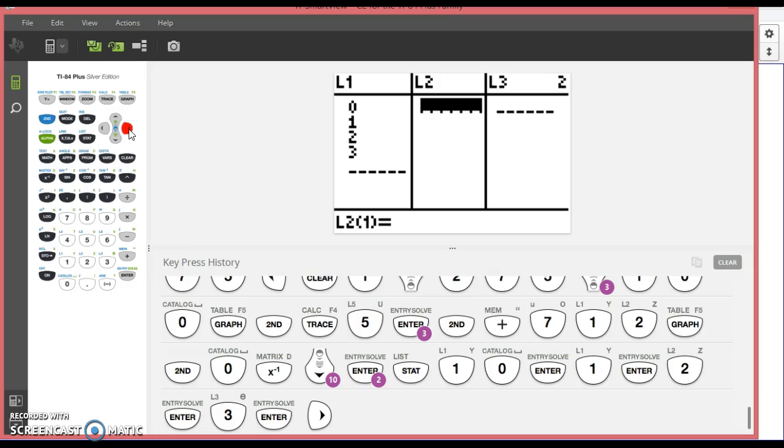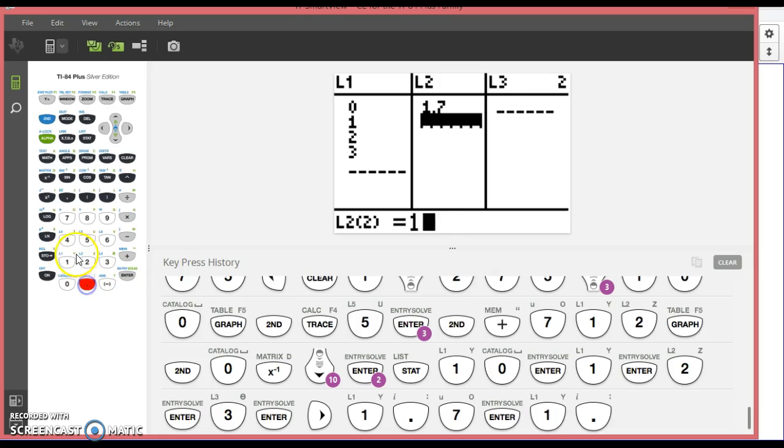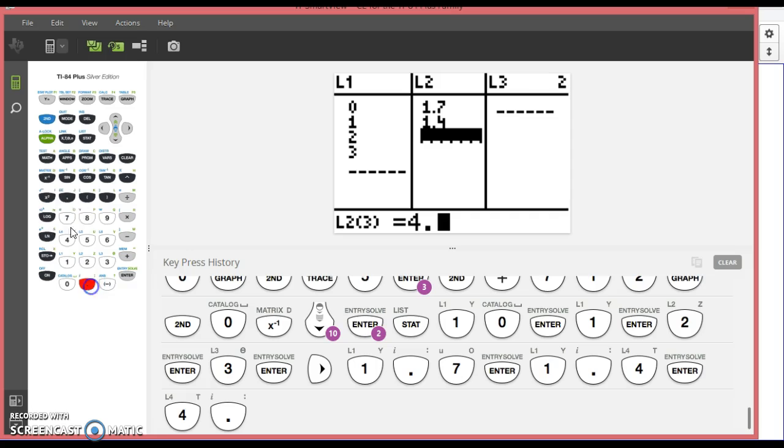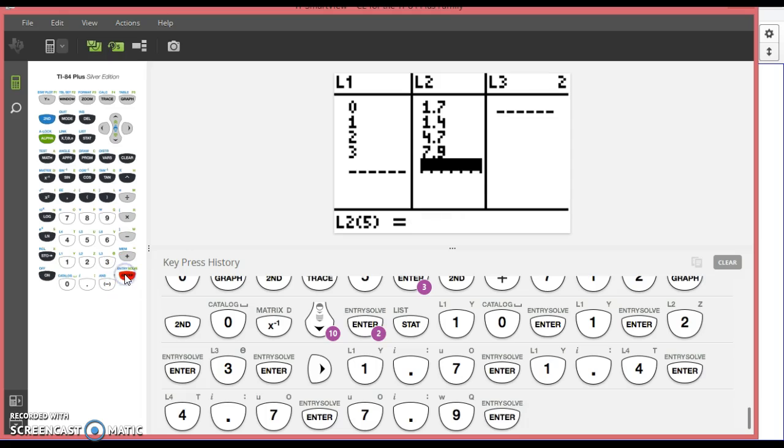And we've got 1.7, enter. 1 is paired with 1.4, enter. 2 is paired with 4.7, enter. And 3 is paired with what? 7.9, enter. Okay, now,